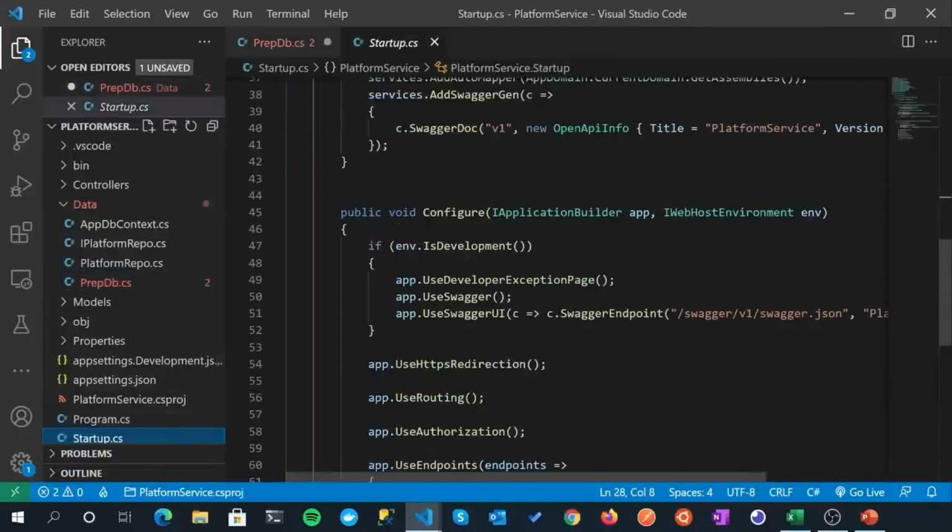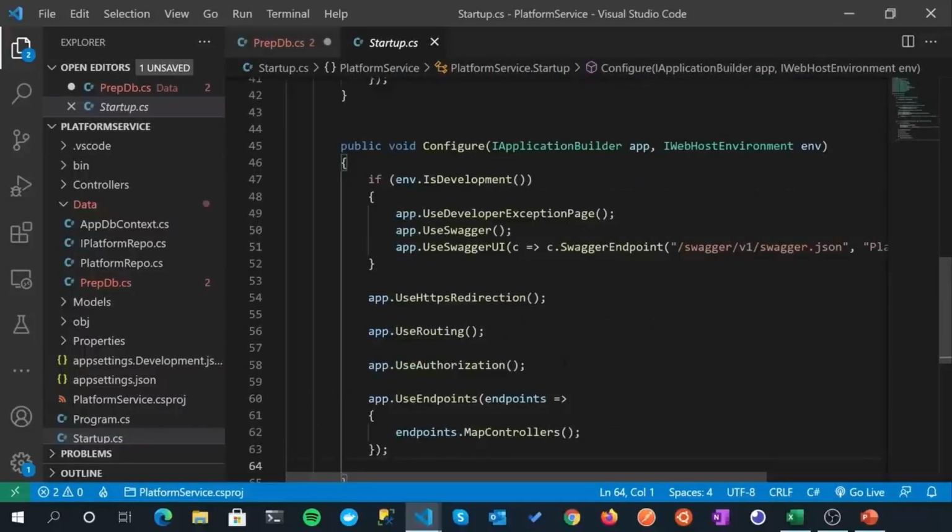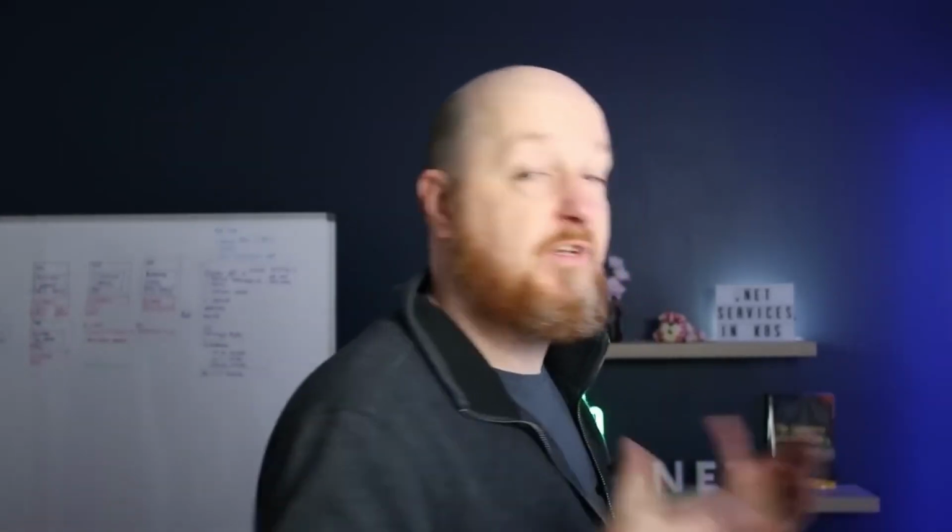So once we've run Configure Services and then Configure starts to get run, we're going to call it in and around here. And what we're going to pass in order for us to be able to use a DB context is this IApplicationBuilder instance here. We're going to pass this through into it, and then we're going to use this to create something called a service scope, which we can then use to create a DB context. It's a little bit heavy at this stage in the course, and it's slightly off topic, but we have to do it, and I'm just trying to explain it as best I can. So hopefully you'll follow the code. It's not that bad, but let's get on with it.